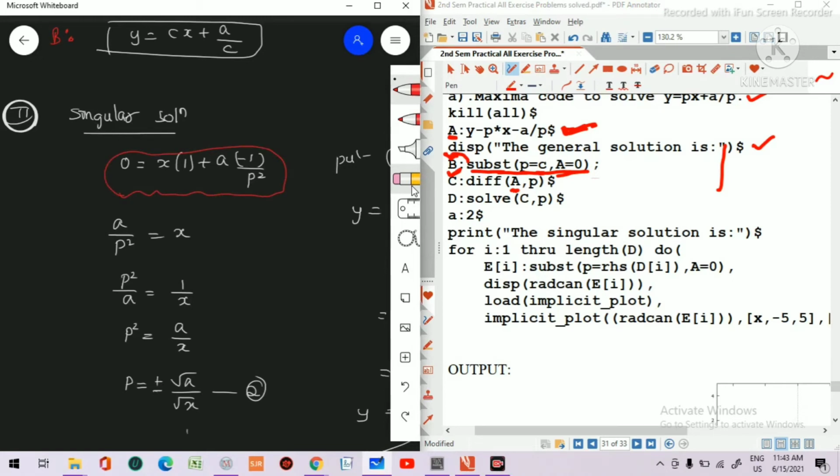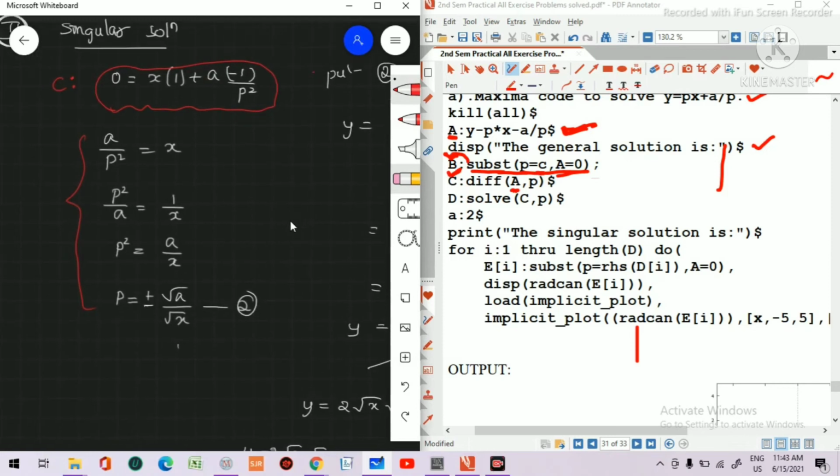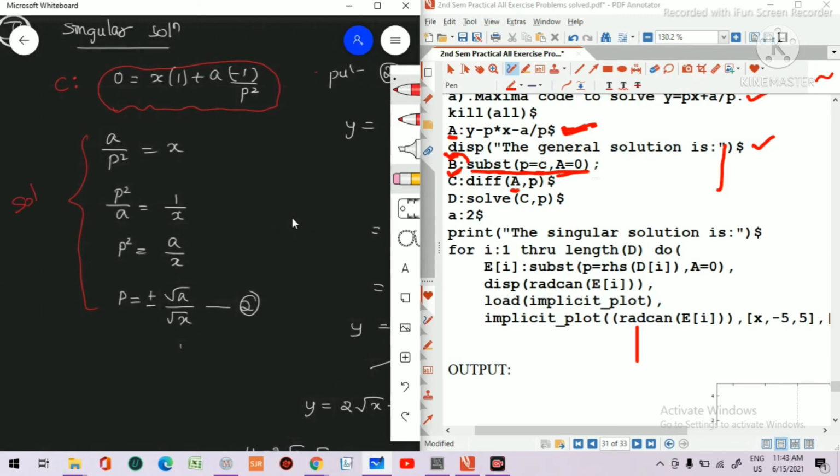Is it clear? I have highlighted now. This is our differentiation part, partially with respect to p. That this I am naming as c. Is it clear? Yes, sir. So next part comes from here to, just a minute. Can you see that highlighted part, whatever I am writing for the left hand side part? This is our solving for what? Solving for p value, right?